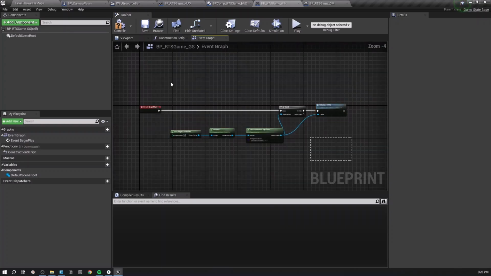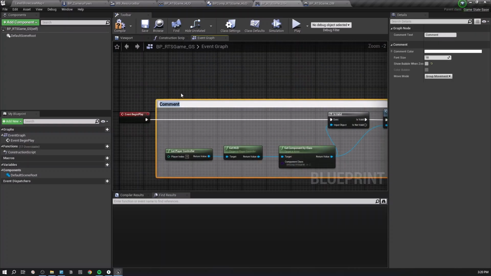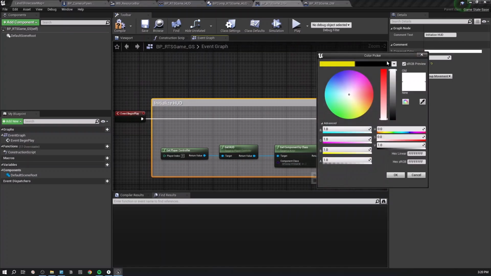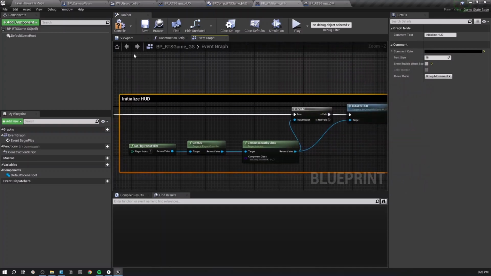Alright, so I'll comment this thing as initialize HUD. Okay,